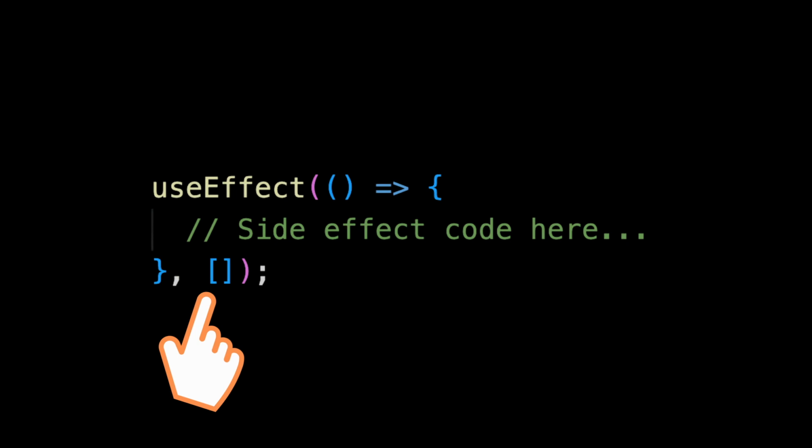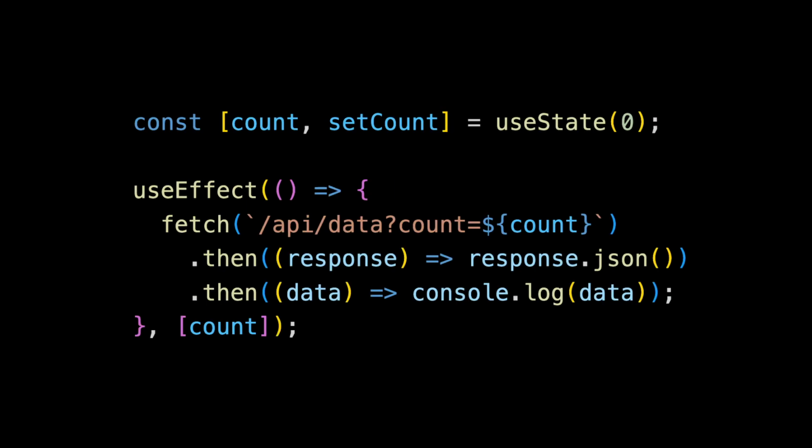For example, if you have a component that depends on some state and you want to refetch data from an API whenever that state changes, you can pass that state as a dependency. In this code, the count state is passed as a dependency to useEffect. This means that whenever the count state changes, the useEffect will rerun and the API will be called with the